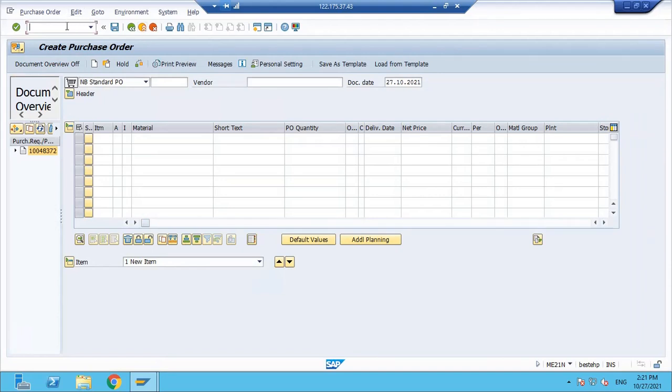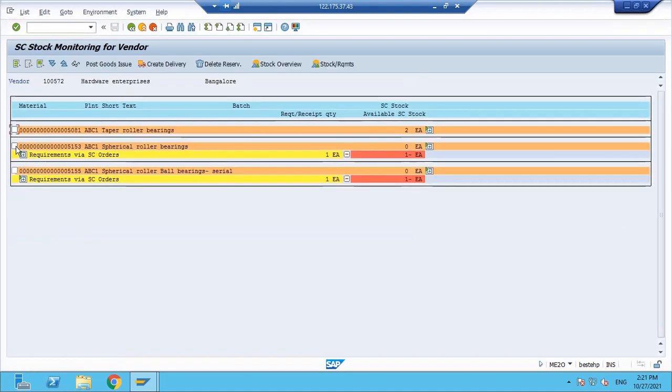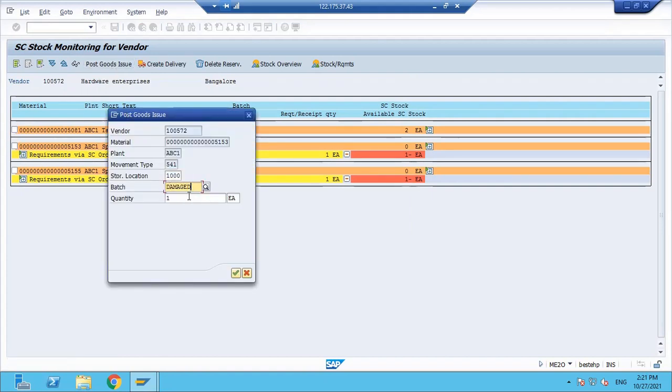After creating the purchase order, what is the next step? The next step is to issue the damaged component to the vendor, right? So I will go to ME20 again, 5153, post goods issue, batch is damaged, 541, again the same story.